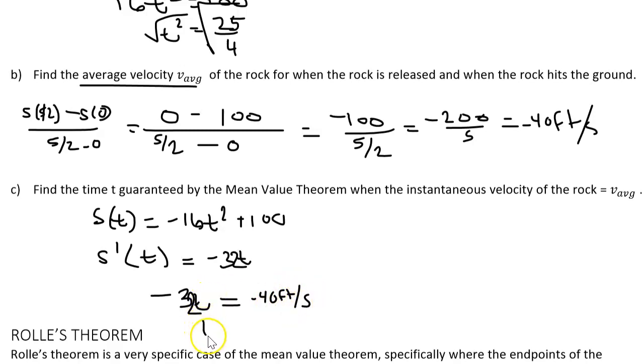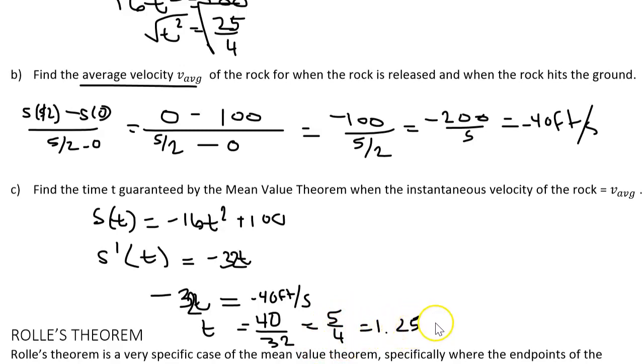Divide both sides by -32, and we get 40 over 32. And that simplifies to be 5 over 4, or 1.25